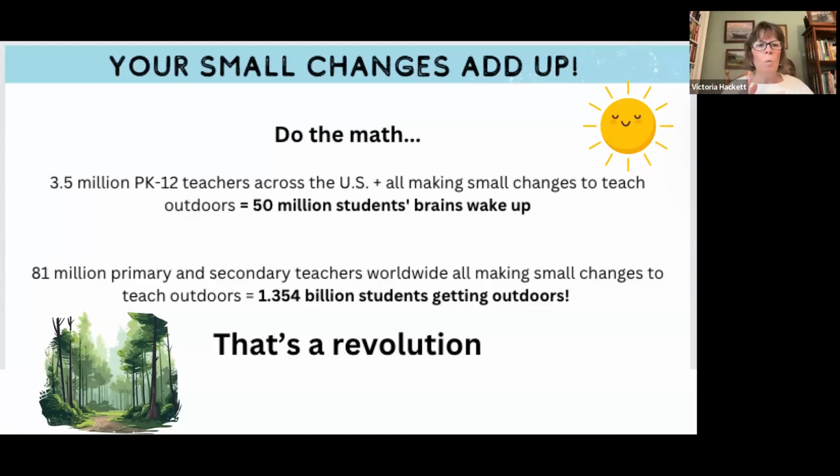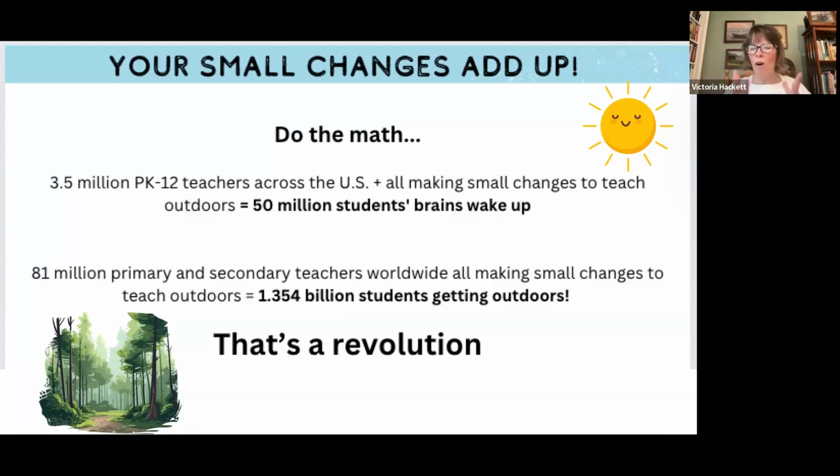So what about 81 million primary and secondary teachers worldwide, all making small changes to teach outdoors, is 1.354 billion students getting outdoors. To me, that's a revolution.